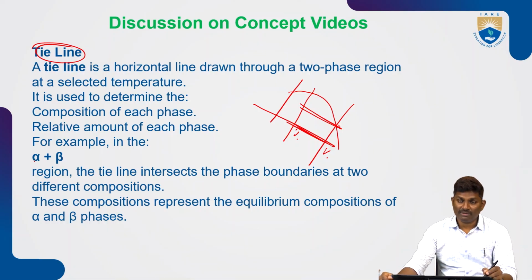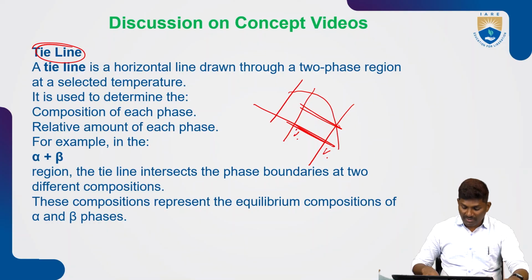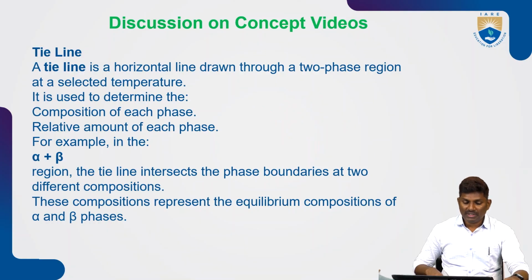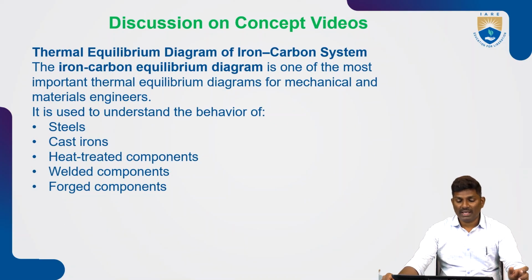An example is the alpha plus beta region. So the tie line intersects the phase boundaries at two different compositions, and these compositions can be represented with the help of the equilibrium conditions, that is the alpha plus beta phases. Thermal equilibrium diagram or